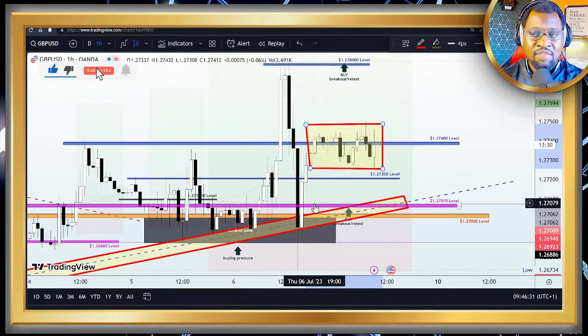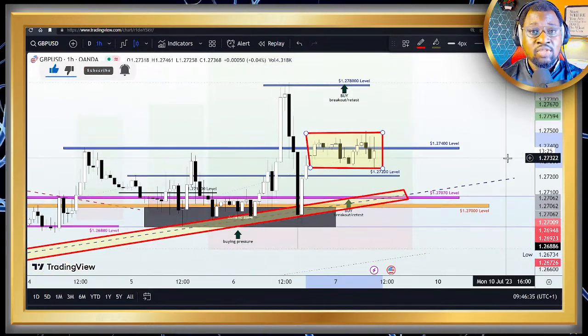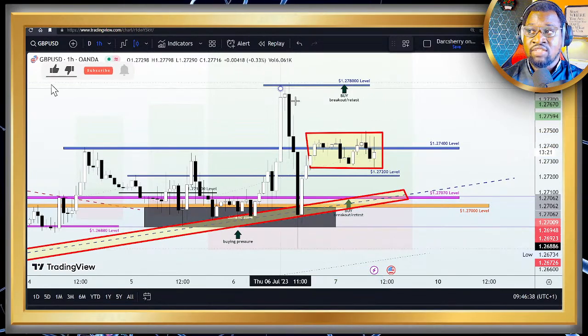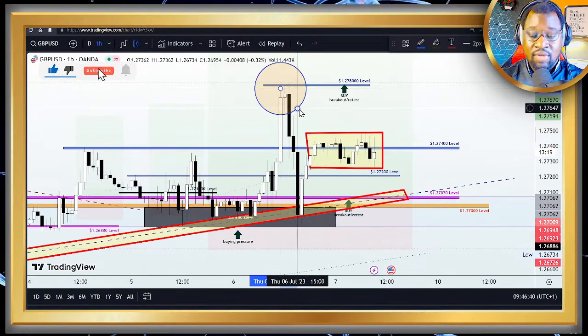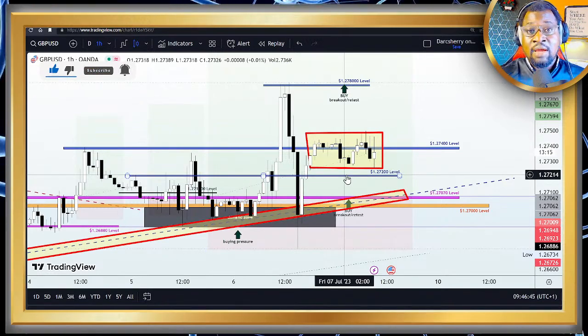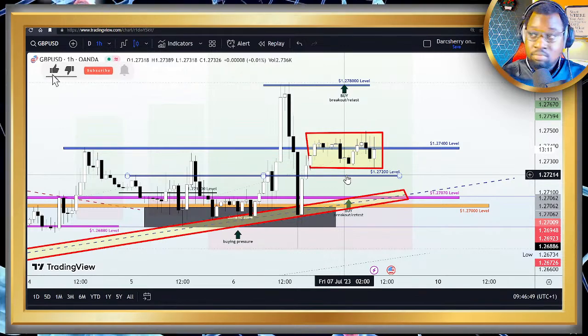So buyers have been struggling, and though we've been seeing higher lows in this market, we are yet to see a higher high that will slice through that 1.278. And from the look of things here, the momentum is not looking promising to support the idea of buying and climbing to the